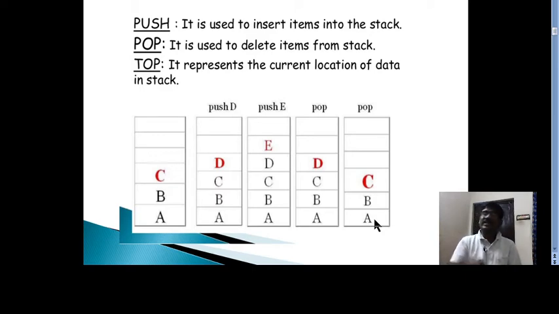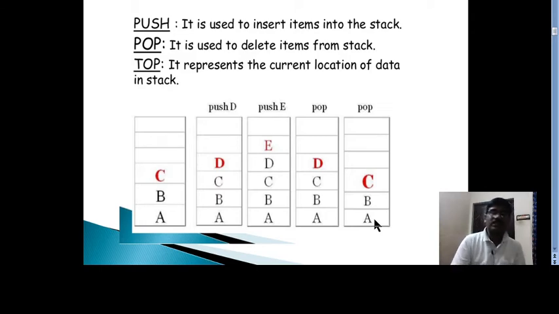If you are trying to insert an element into the full stack, that is overflow. A full stack is attained when the top reaches the maximum. When top is equal to maximum, it is called the overflow condition. In a similar way, when the top reaches zero, then it is an underflow condition, because top reaching 0 means there are no elements. If no elements are there and you try to pop, you will get the underflow condition.